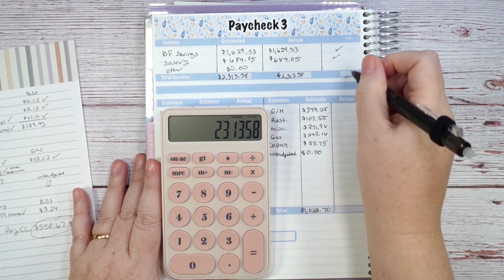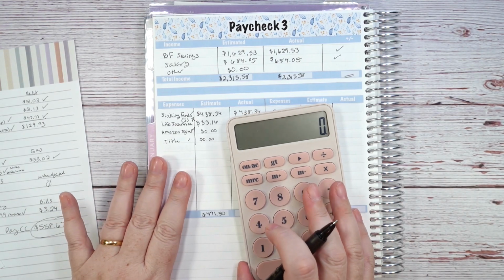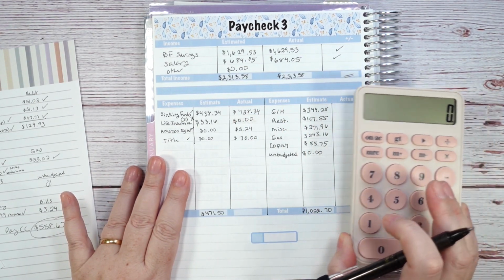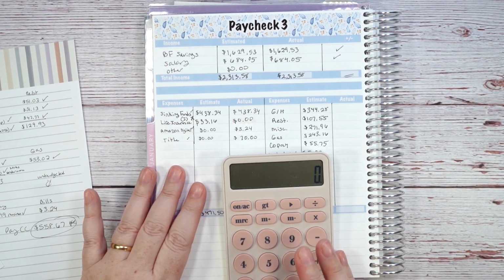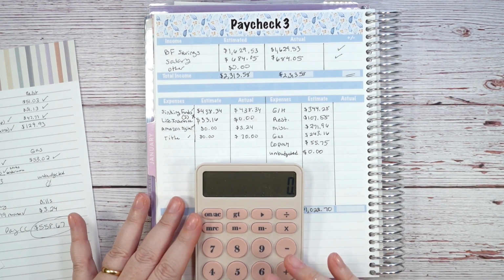$2,313.58. There we go. And then that was the total income for that paycheck period. All right, let's see how do I want to do this with my calculator. Let's see. I have